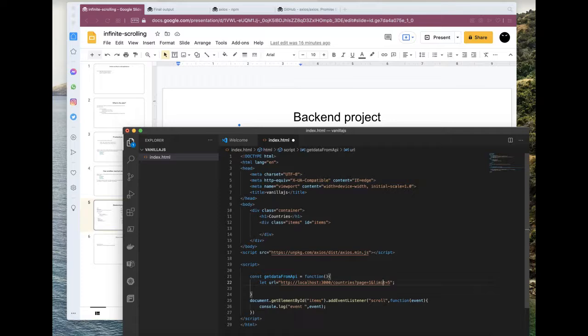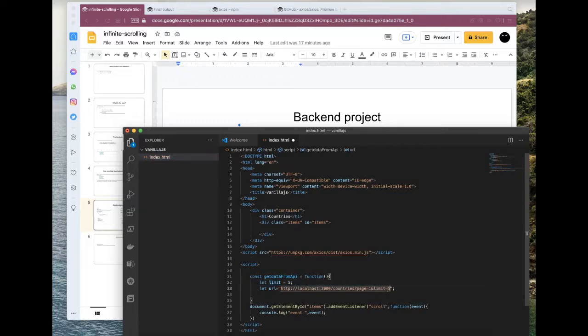So here we have page and limit. Let me add page and limit to a separate variable. I will use string literal notation. This is our URL. So our page will keep on changing whenever we are scrolling, once our scroll has reached the end of the element, until all the records are returned from the database. So we need to accept page as an input.